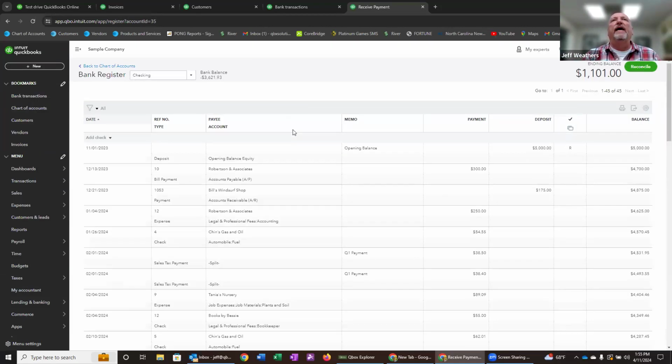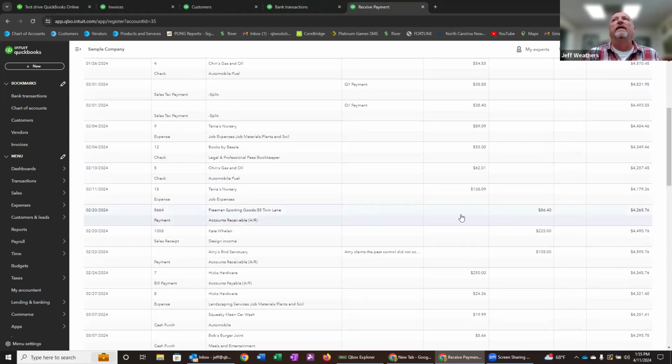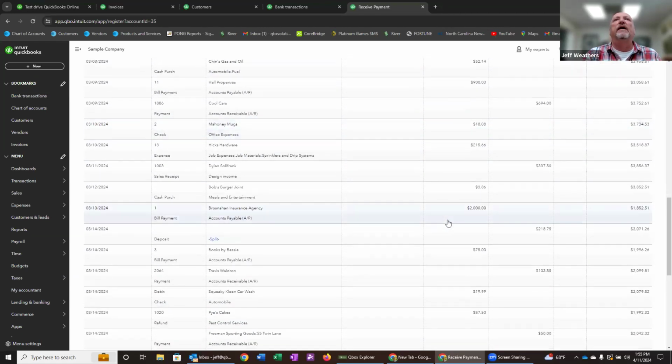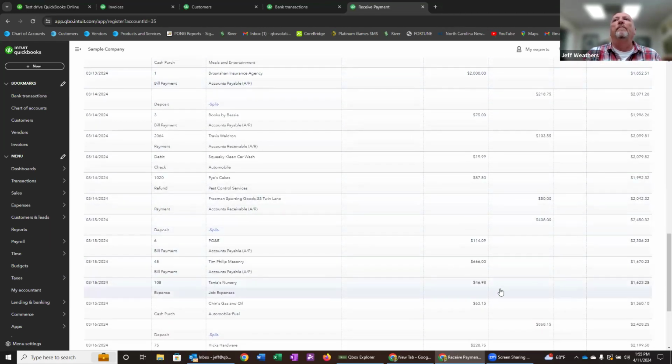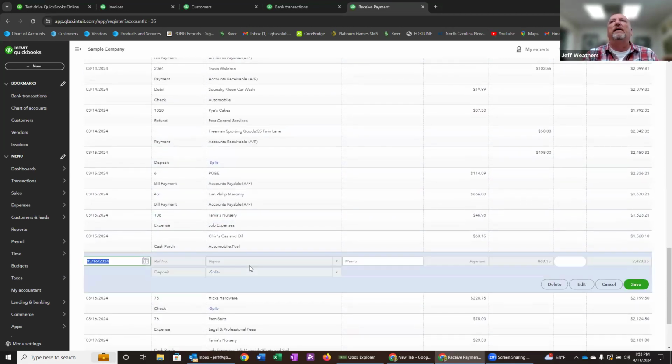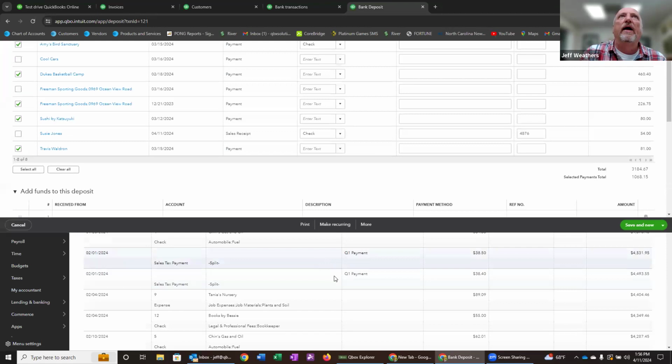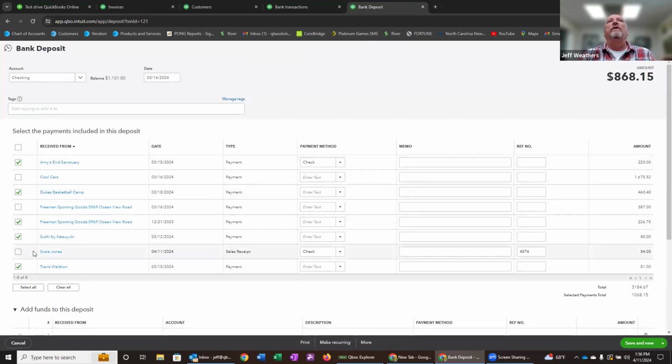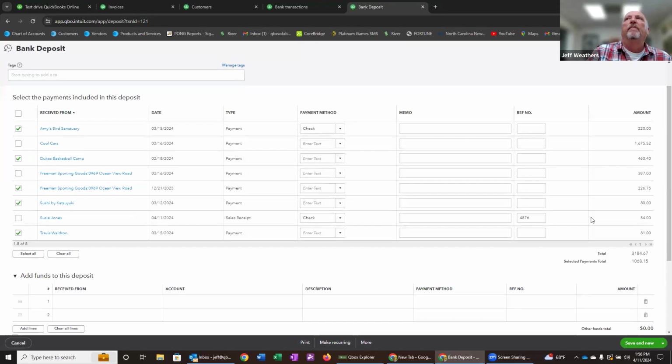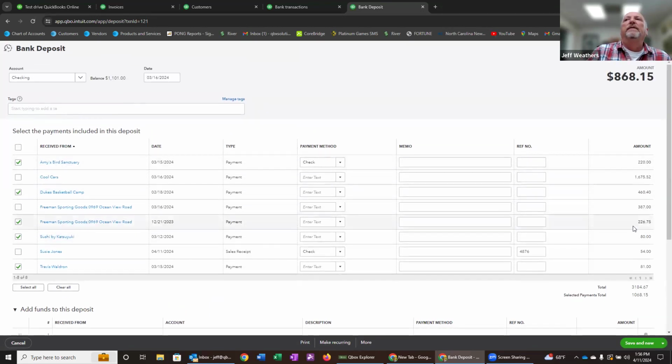The reason you did that is because you weren't mobile depositing or running to the bank with just that one check. You were just holding all those checks on your desk, and then you needed to put all those checks together to make one big deposit. And so that's what this deposit is, where I am grabbing 1, 2, 3, 4, 5 checks together and making a deposit. In this example, I had grabbed those 5 checks, and those 5 checks totaled up to